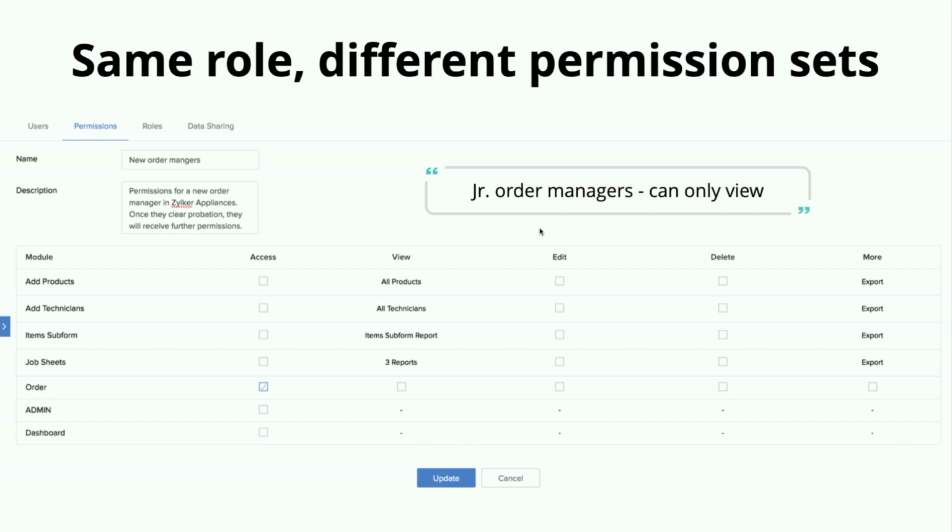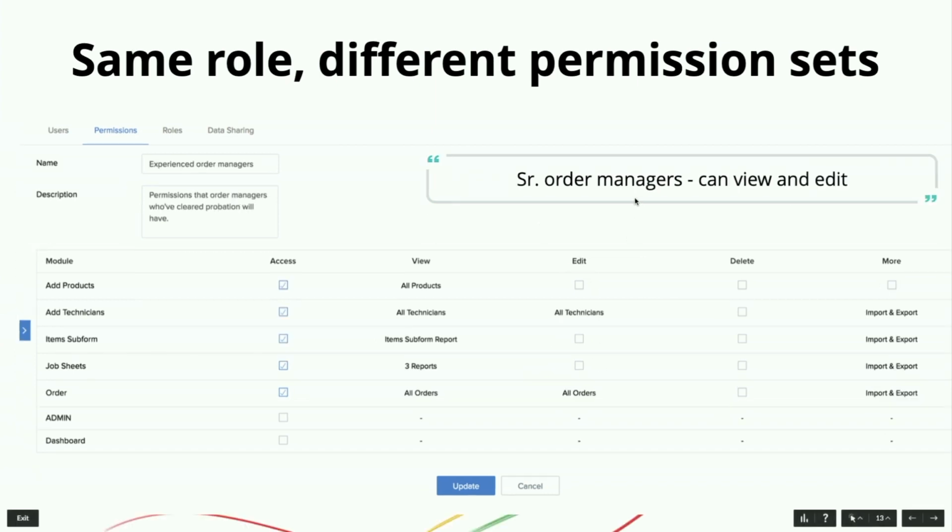The read-only permission is something that you do in the permission set, and role is something that you apply on the role level. So you can have 2 people on the same role with 2 different permission sets. So same role, different levels of permission. So a junior manager doesn't have any edit permission here. We have a senior manager profile with edit permissions as well.